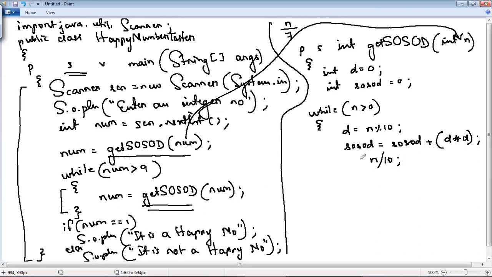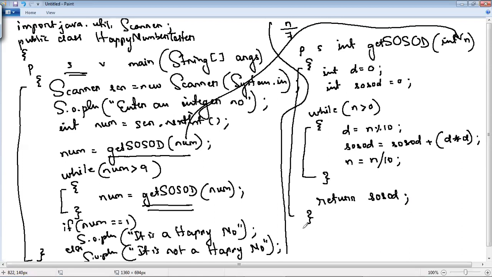After removing the last digit, whatever number is left is reinitialized to the variable n. So this acts as an updation expression. Then finally we return the value of SOSOD. Return SOSOD. Here I'm closing the SOSOD method, and here let me close the block of class.